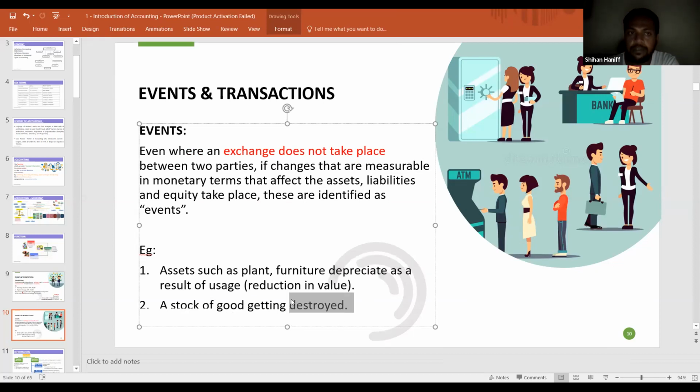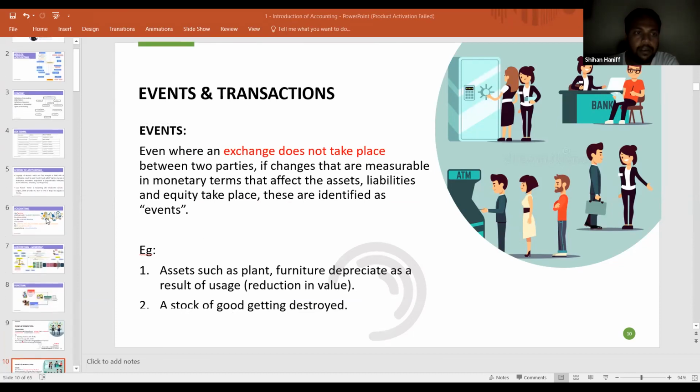Those are examples. Okay. I've shared this presentation. Okay. So I was explaining